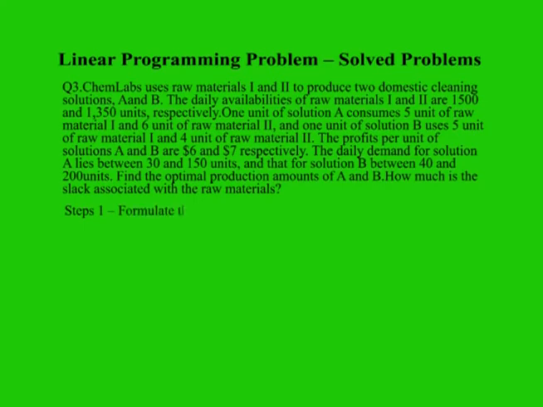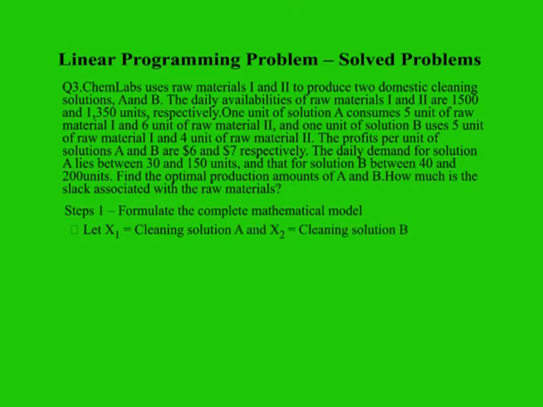Step 1. Formulate complete mathematical model. Let x1 is equal to cleaning solution A and x2 is equal to cleaning solution B. Objective function, which is profit maximization, is the sum of profit generated from sales of 2 cleaning solutions after they are multiplied by their unit profit, Zmax is equal to 6x1 plus 7x2, which is subject to type 1